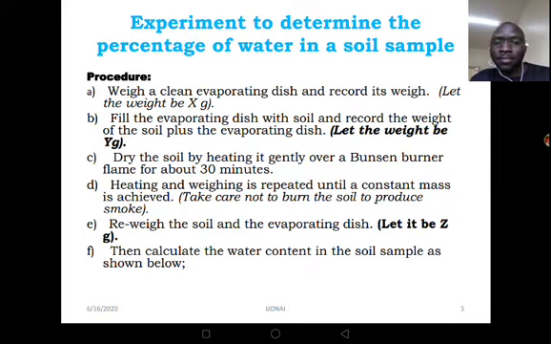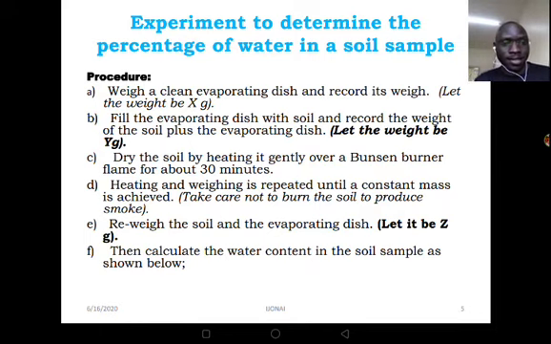That's fine. Grams. That is the weight of your evaporating dish. At home, you can even use a saucepan as your evaporating dish or a metallic plate. And then fill the evaporating dish with soil and record the weight of the soil plus the evaporating dish. After weighing your evaporating dish, you fill it with soil. After filling it with soil, you weigh the two, the dish together with the soil, and then record its